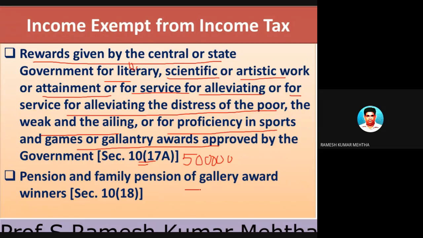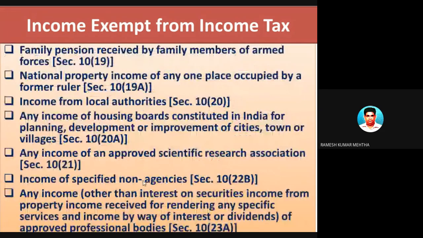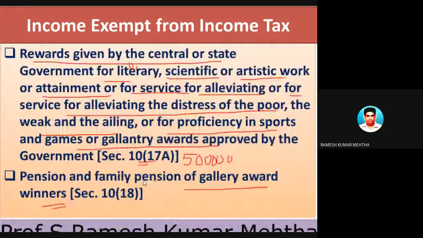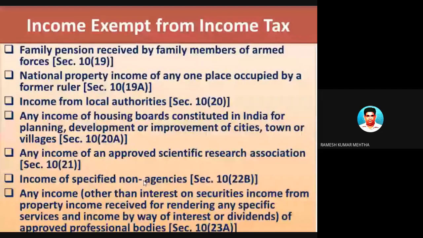Next one is pension and family pension of a gallantry award winner, which is also exempted from tax under section 10 subsection 18. Next one, family pension received by family members of armed forces. If a family pension is received by family members of armed forces under section 10, subsection 19, it is exempted from tax. Next one, national property income of any one place,